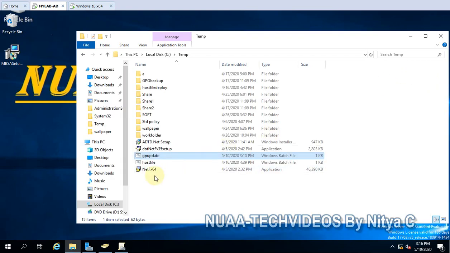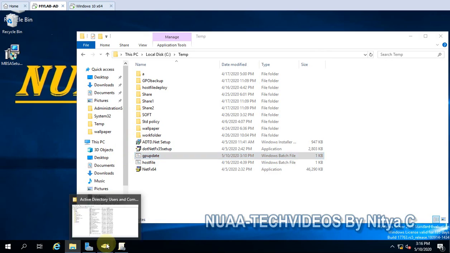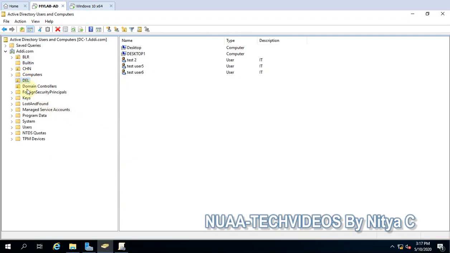So let's go ahead and do it. To schedule it, we will target the Dell OU, and here I have two computers, so this will be applied to the computers.